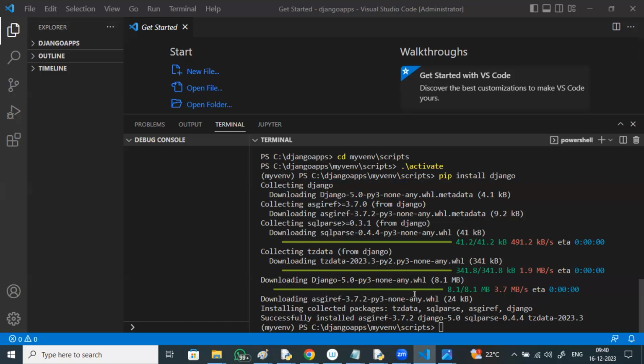So next is project and application creation, right? How to create a project, how to create an application, how to define your URLs for your project, how to define the business logic implementation.